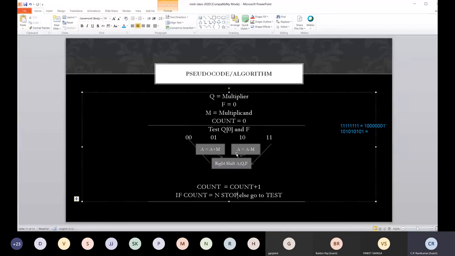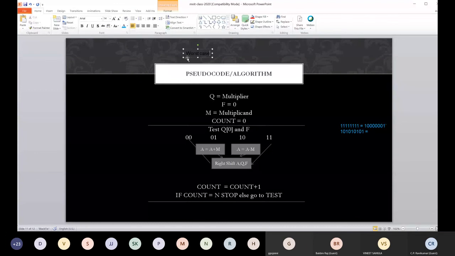So the worst case time is T comparison plus T add plus T shift plus T comparison.